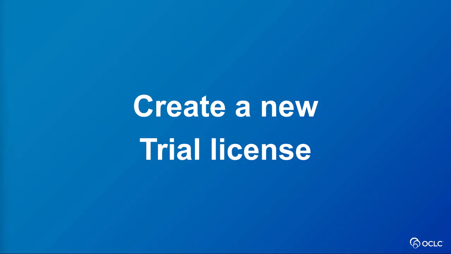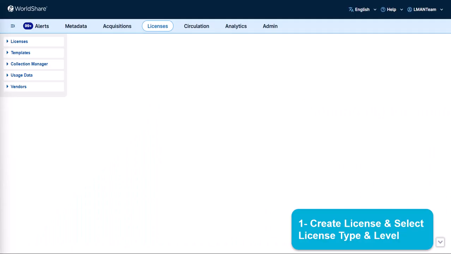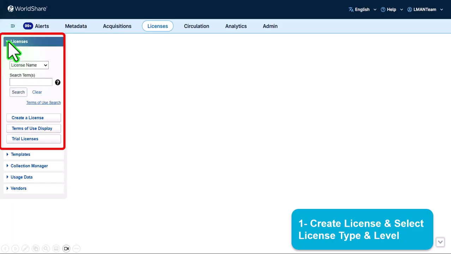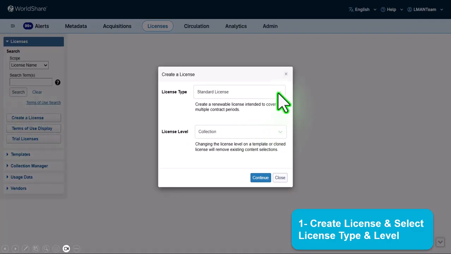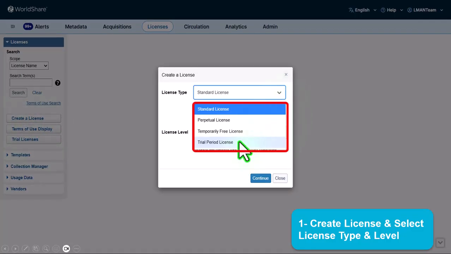To create a new trial license, after logging into your License Manager account, click the Licenses tab located on the top menu. Then on the left side panel, click Licenses accordion to expand it, and then click Create a License button. You then define the license type to be a trial period license, which is a license intended for an